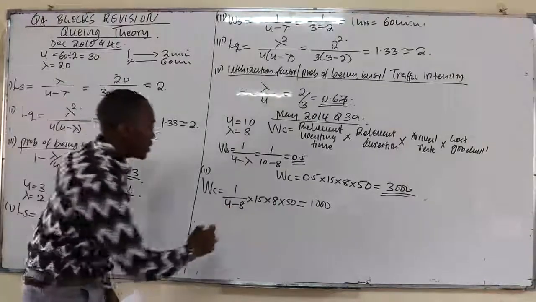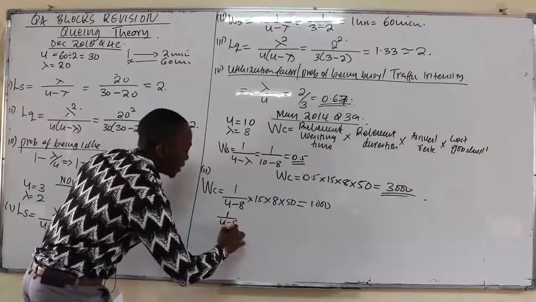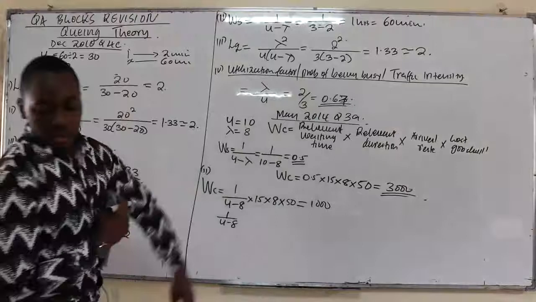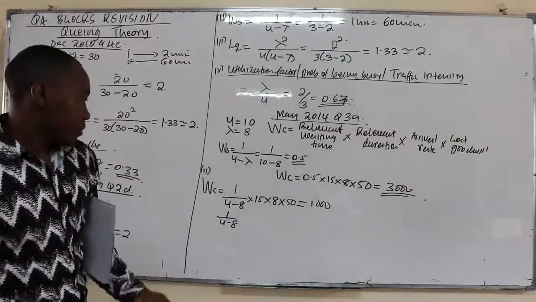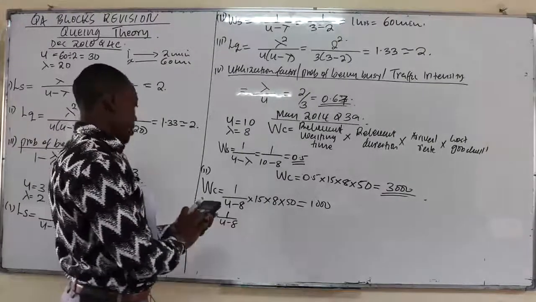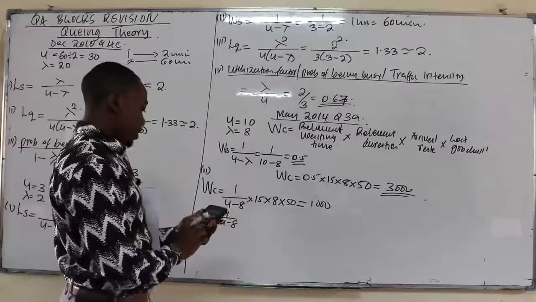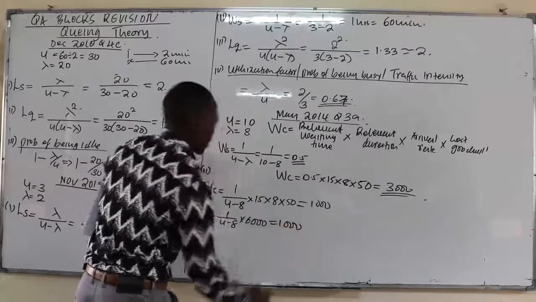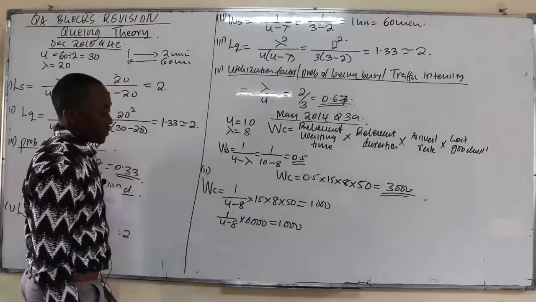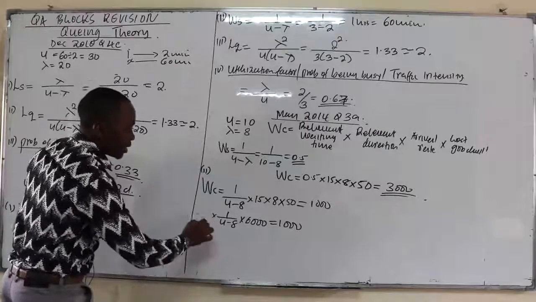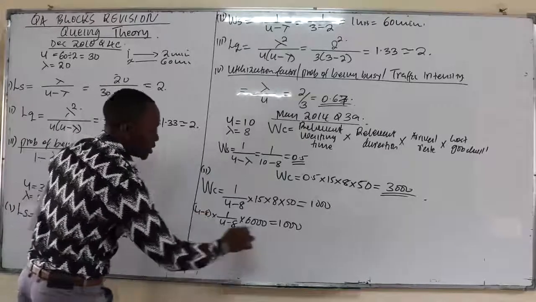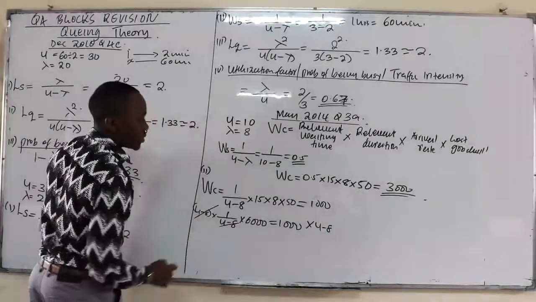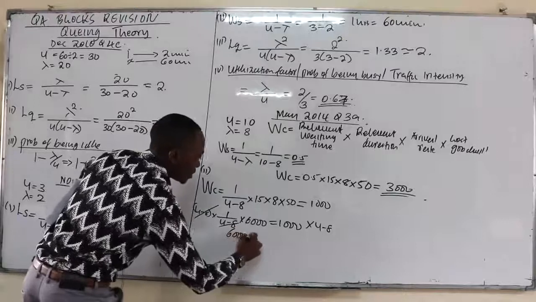So what we need here is just to substitute. It's 1 over u minus 8, and you multiply by 15 times 8 times 50, which is 6,000, equals 1,000. So how do we solve that? You multiply both sides by u minus 8, so that one and that one go. So 6,000 is equal to